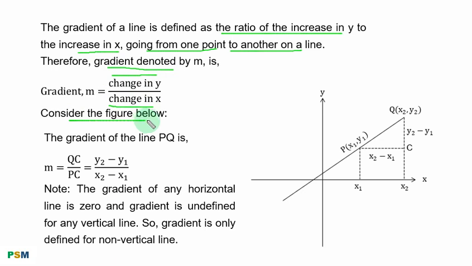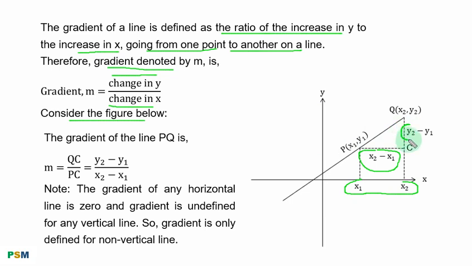Consider the figure below. You have points P and Q. The line is non-vertical. If you trace points P and Q to the x-axis, you have x1, x2. The distance between x1 and x2 is x2 minus x1. If you trace the points P and Q to the y-axis, you have y2, y1, and the distance between them